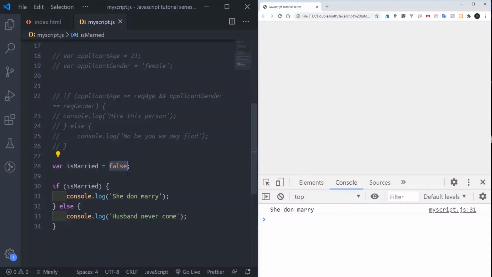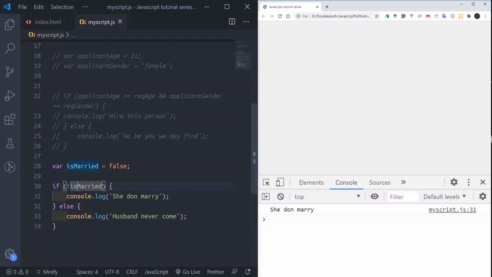So what would the not do now? Instead of changing the variable to either true or false, if you come here, we put the exclamation mark just before the variable or what we are testing. If we put it, it will automatically change the value. So if that condition is supposed to come out as true, if we put this not, it will change that to false.